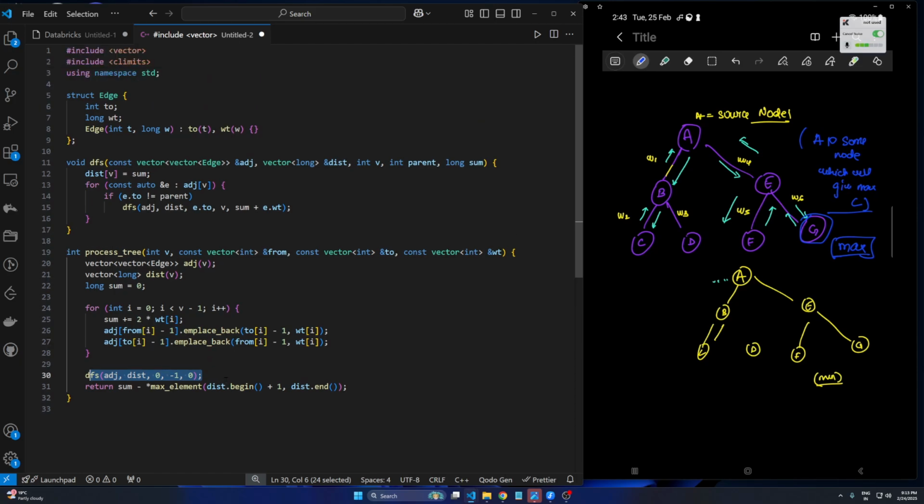Now in the DFS traversal, first of all, as you know, we need to find the maximum sum, right? But in the DFS traversal, what we can simply do is start from the node 0 and do the DFS traversal for this entire undirected graph. Now all we need to do is check for a node with the maximum value, right? Once we have completed the entire DFS for this thing,